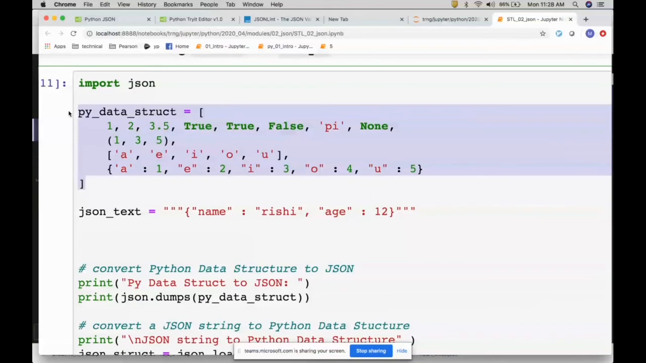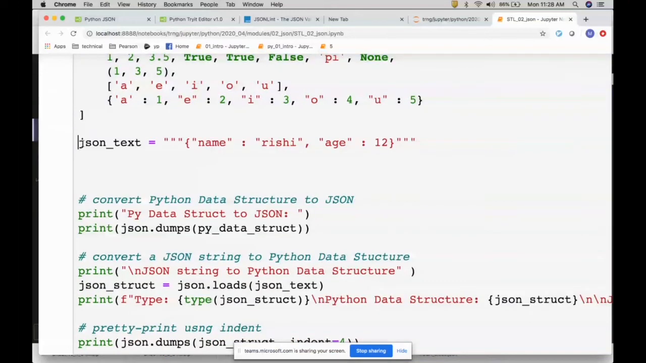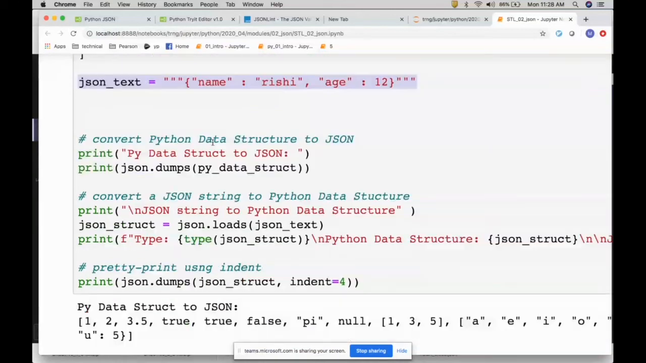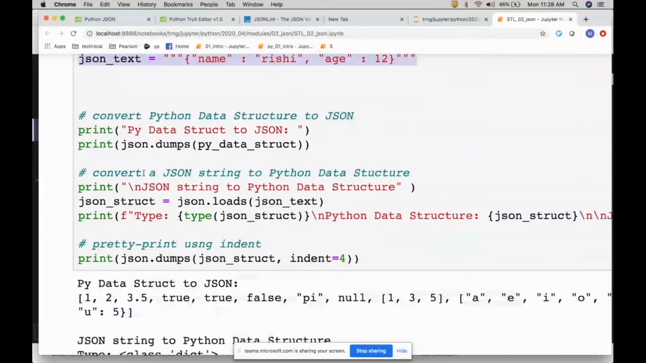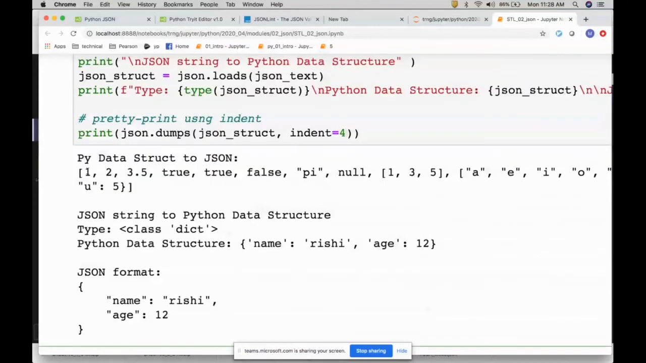This is one of the input data, and then I have a text, a string that contains a JSON-like format. Okay, so now let's use the dumps and loads methods. It is very simple. You simply call json.dumps and then put the data structure name. You say json.loads with the name, right? Here, if you look at it, this is the Python data structure that got converted into a JSON type. And similarly here,